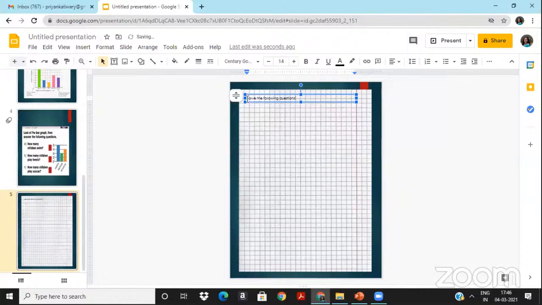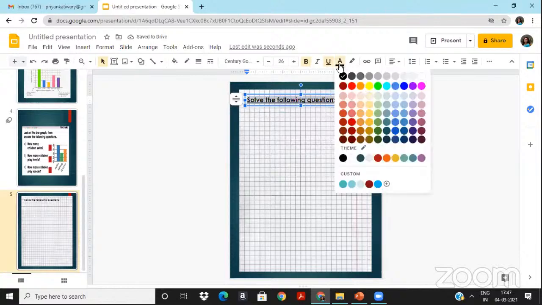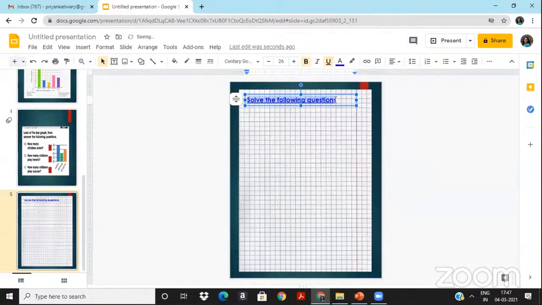So I'm not able to see, and I know you also are not able to see. I'm going to make it a little bigger. So yes, I'm going to make it 26. It's now in a very good readable form, and I'm going to make it bold. Okay, and I'm going to underline it too. Okay, solve the questions, and I'm going to put the color of the questions in blue so that the children answer